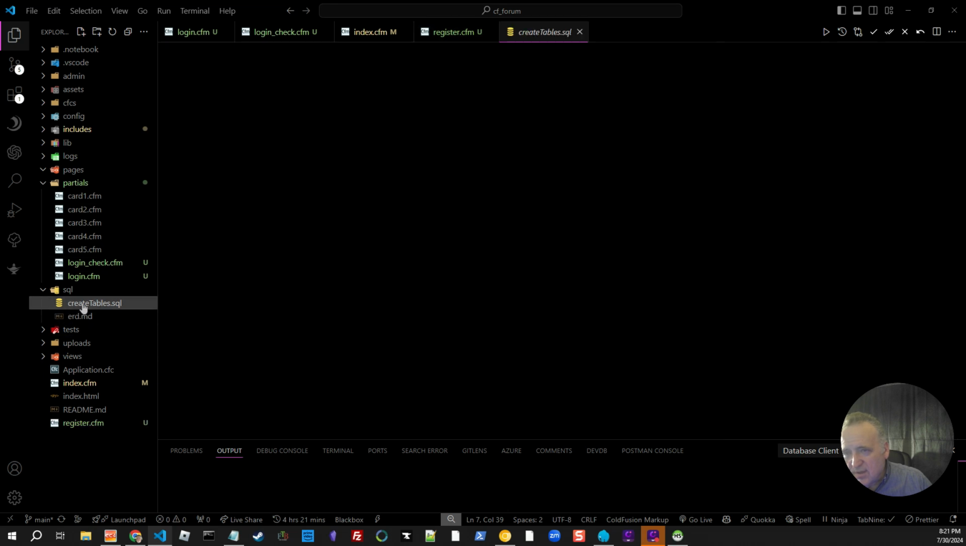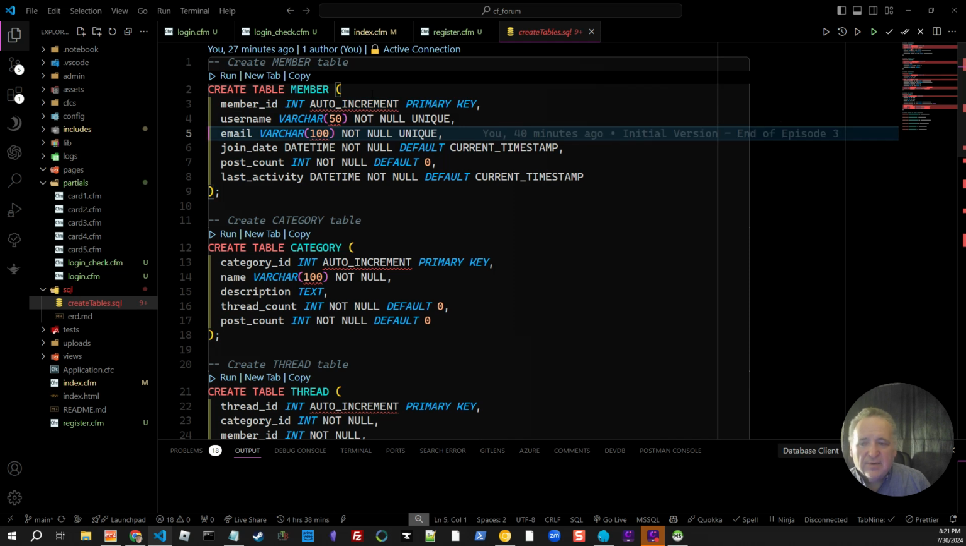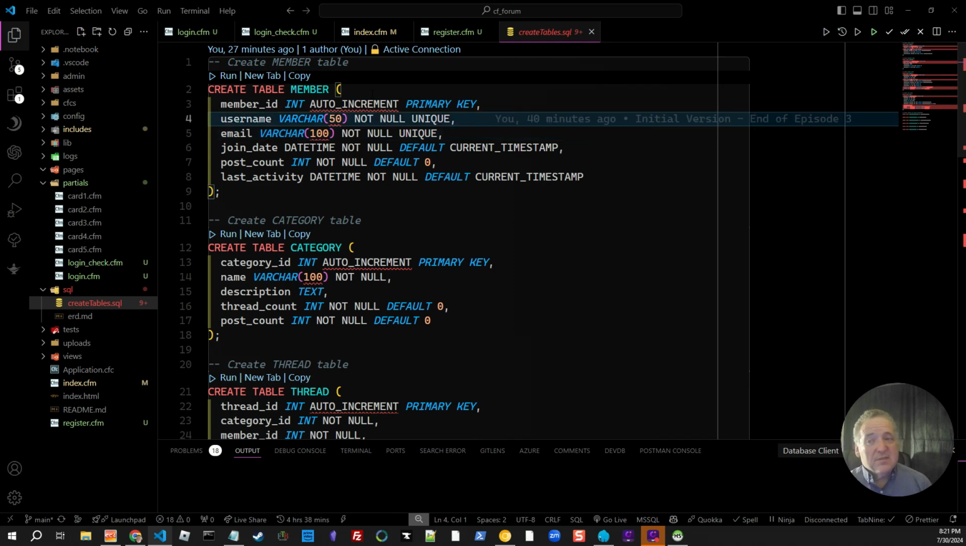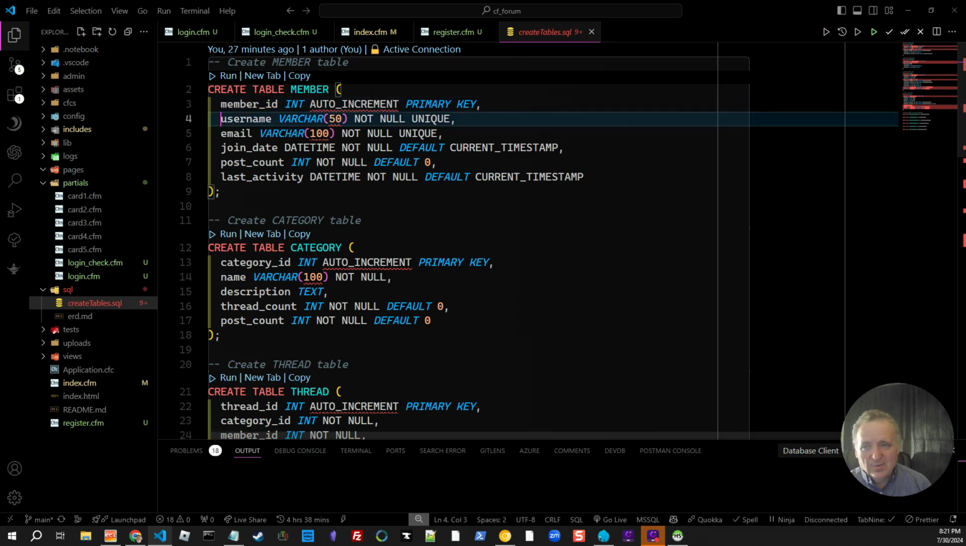So if we go look in our SQL member, let's copy this. We don't have to worry about member ID. It's going to automatically create ID. If I was building this the normal way, I would actually, for me, I would use ID on every single table, but I've done it with a table underscore ID. So let's do this. So we need username, email, join date, it's going to be auto, last activity is going to be